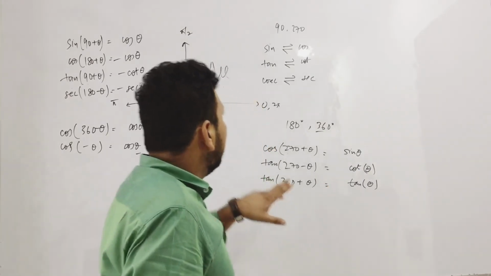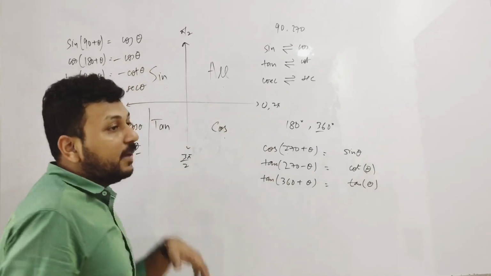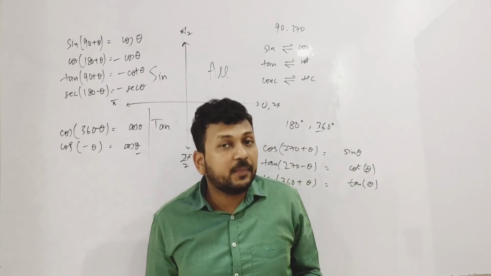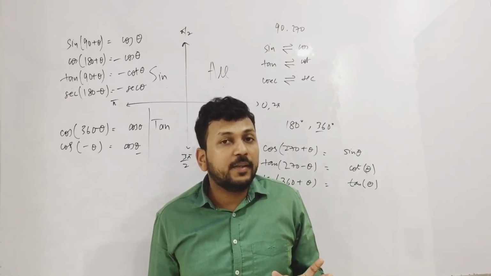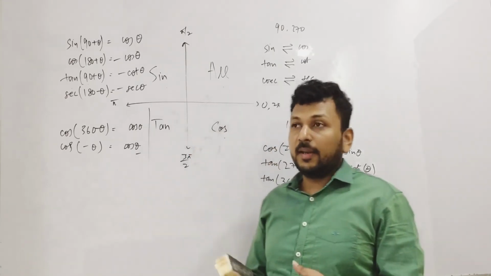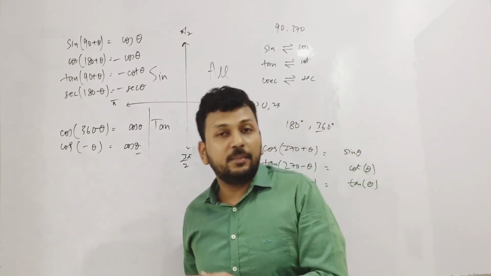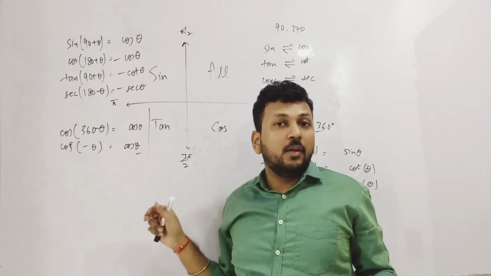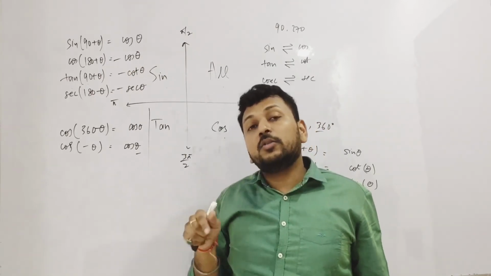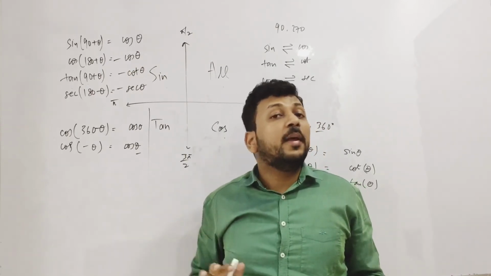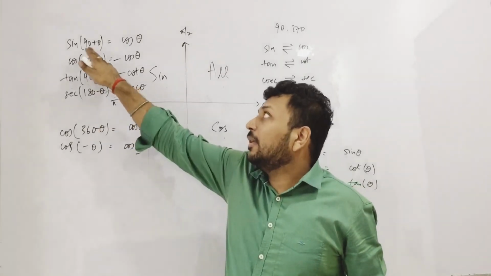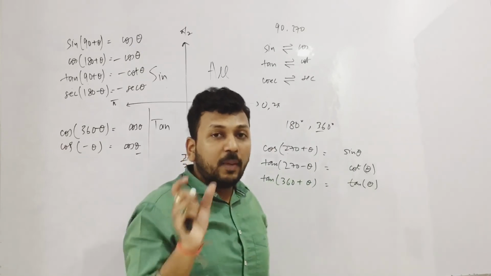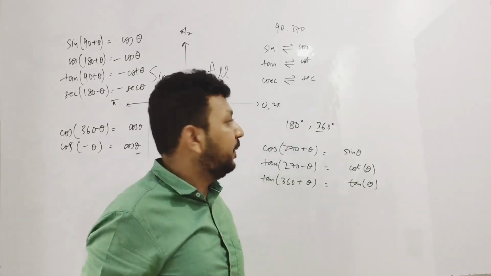One more thing: theta can be anything. It can be 1000 degree, 2000 degree, or anything. It doesn't matter. The answer will remain the same. We can write 1000 as 180 plus something, but here it can be anything. That theta will only come here. You do not have to think whether 1000 will come into the second quadrant or fourth. It doesn't matter. It can be any theta. It can be negative also. So you will consider minus theta as a quantity.